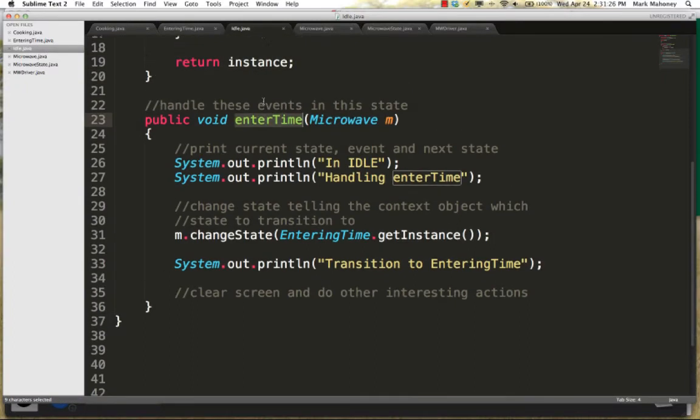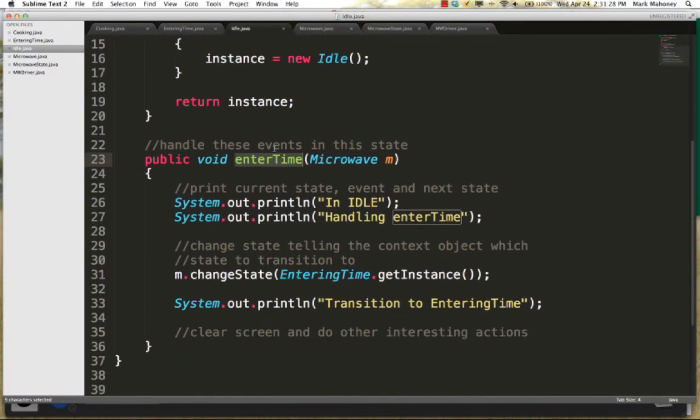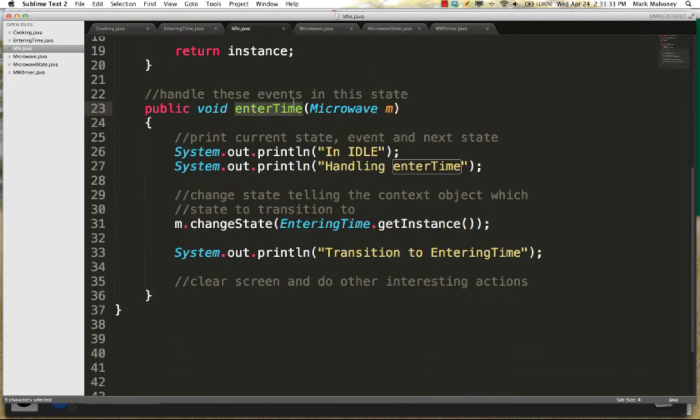And we'll see that's exactly what happens here. So I'm only overriding enter time. I'm going to absorb the other methods for free, the ones that have that error message. And here I'm just simulating doing some stuff. So I say I'm in idle right now. I'm handling the enter time event,